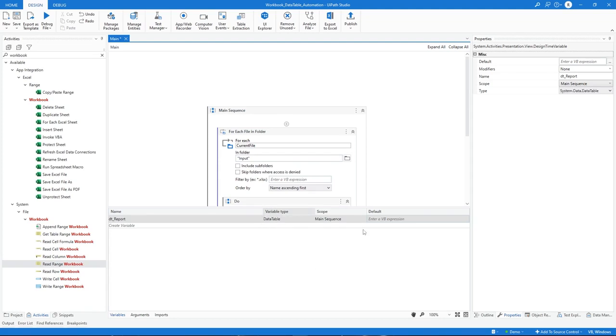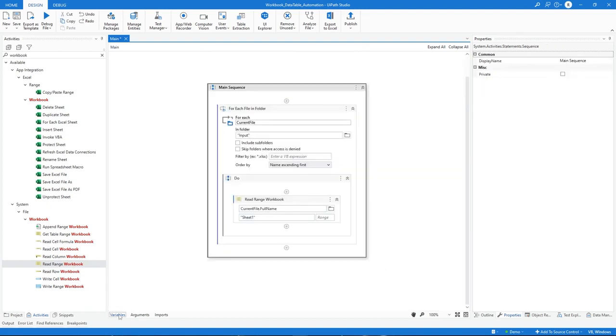And let's initialize the variable. We already know that initializing a variable is a crucial step. It enables you to define the schema for the table, create an empty table with the specified schema, store data, enable data manipulation using various methods such as sorting, filtering, or performing calculations, and share data between activities, either by passing the data table variable as an argument or by writing the data to a file or database for later